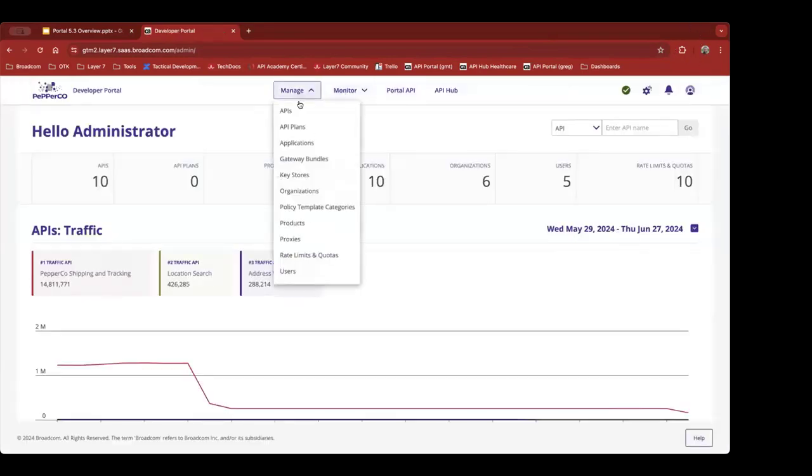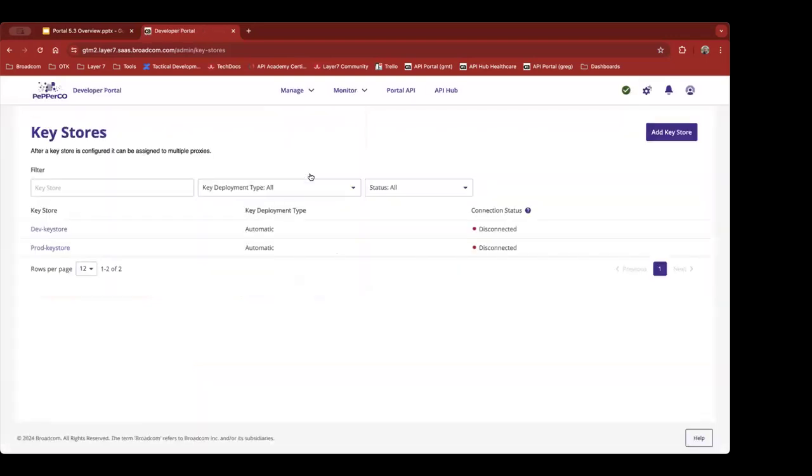Right, and you'll notice here there's a new manage key stores menu item. In this case, I have two. I have one for dev key store, one for prod key store. If I go to dev,